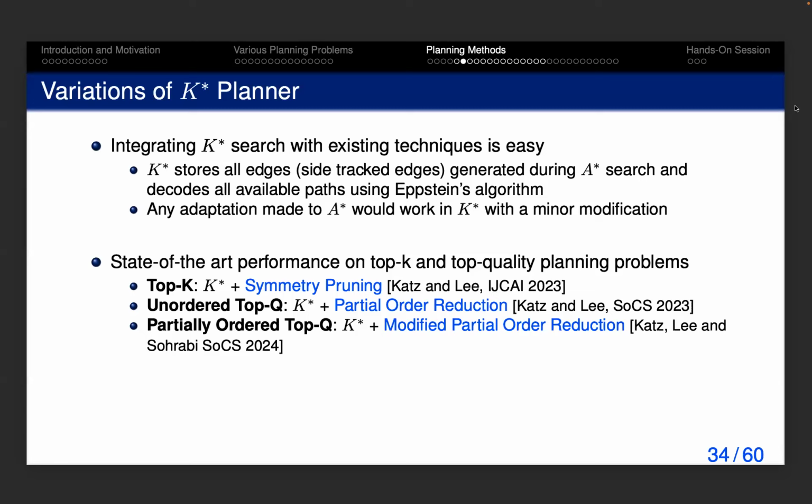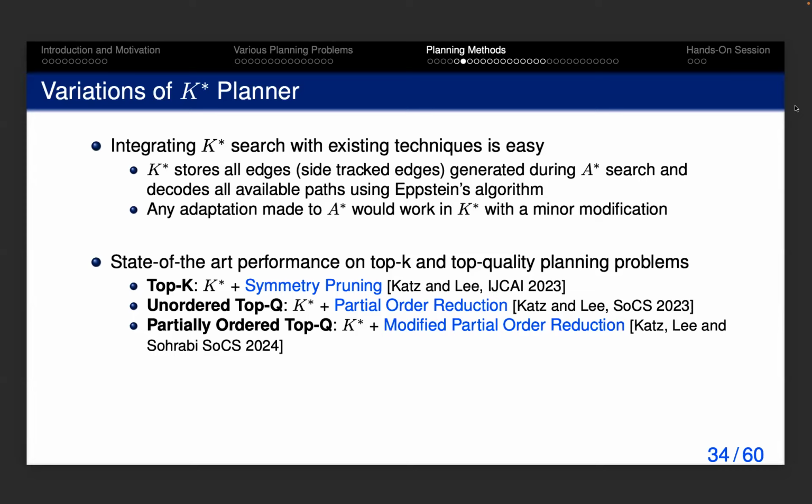So it has the ability to generate all the suboptimal paths, given that you store all edges somehow. Therefore, the modification made on A-star would work transparently on K-star. So if you add, let's say, symmetry pruning on top of K-star, then it's going to be the best for top-K. If you add partial order reduction on top of K-star, then it works well for another top-quality formulation. And if you also add another kind of pruning technique, modified partial order reduction, then it also works for another formulation for the